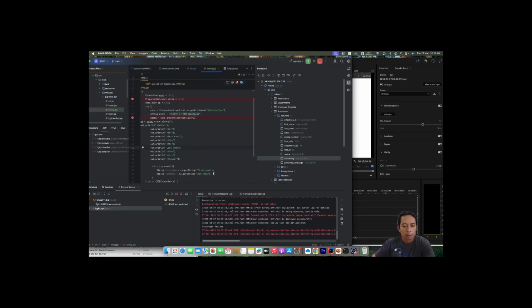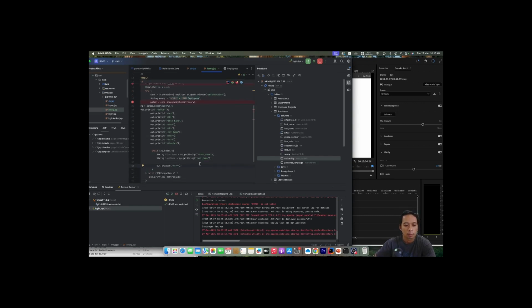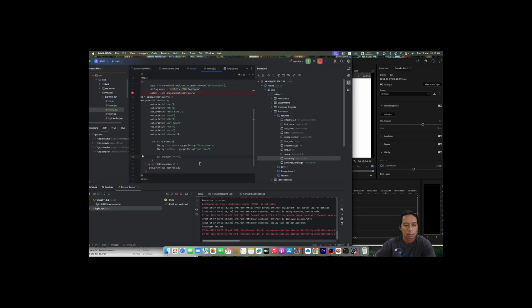Okay, so out dot println, we need to print the row first. Okay, so the first row,